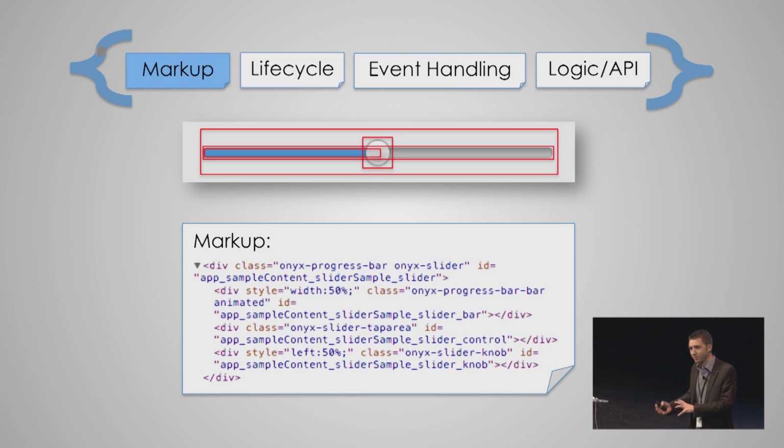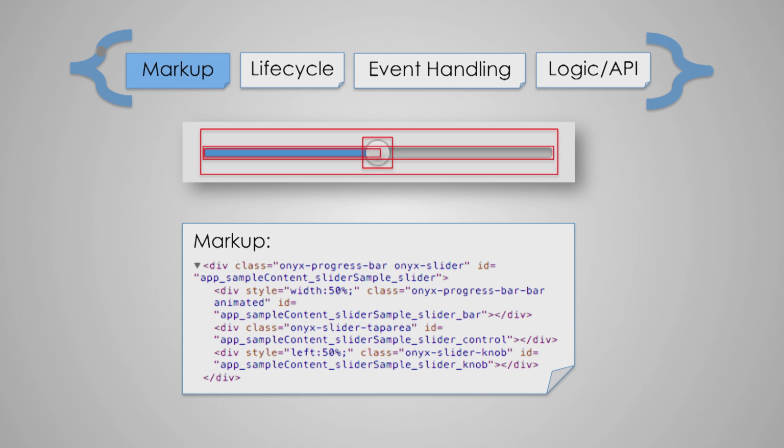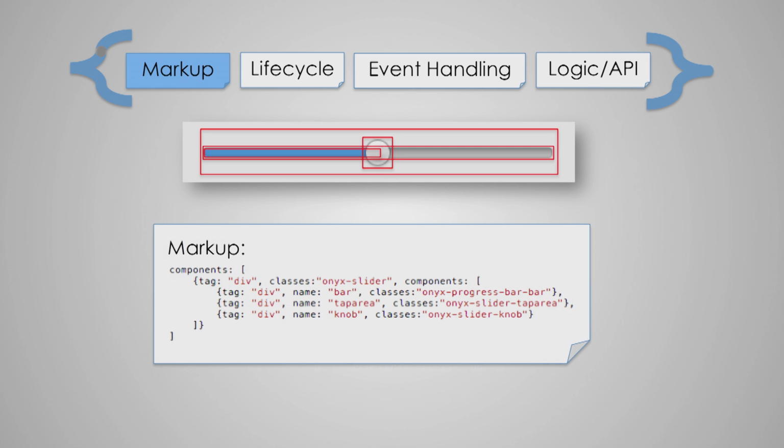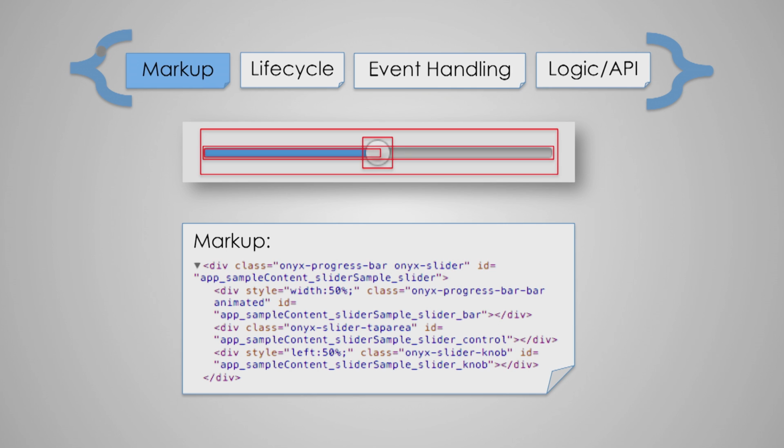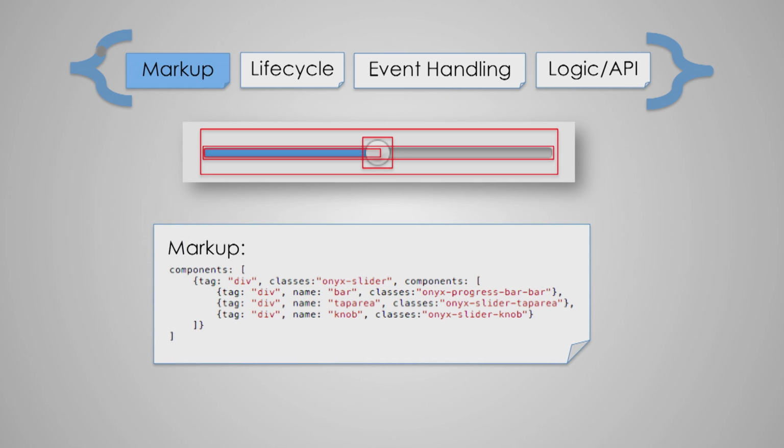So we need to be able to capture that in JavaScript. It turns out that JavaScript object literals are actually a pretty nice way to capture hierarchical data. This is the technique we use in Enyo to get a representation of the DOM into JavaScript. So we take these divs here, and we convert that into a JavaScript representation of those. Now that view can be encapsulated into the component.